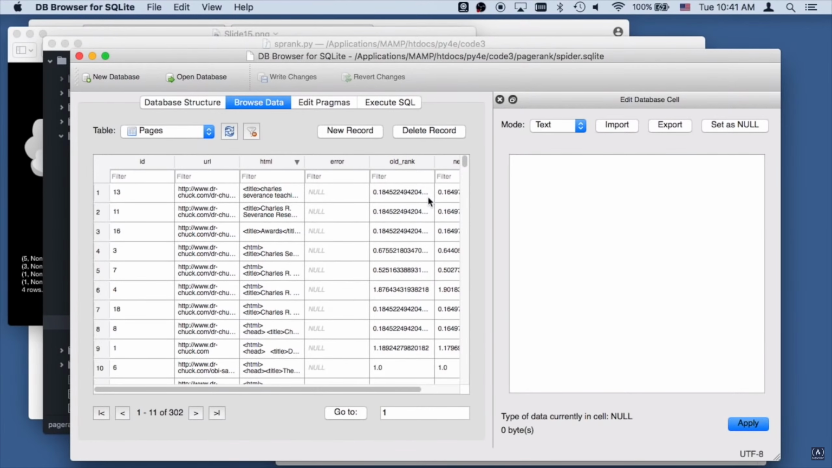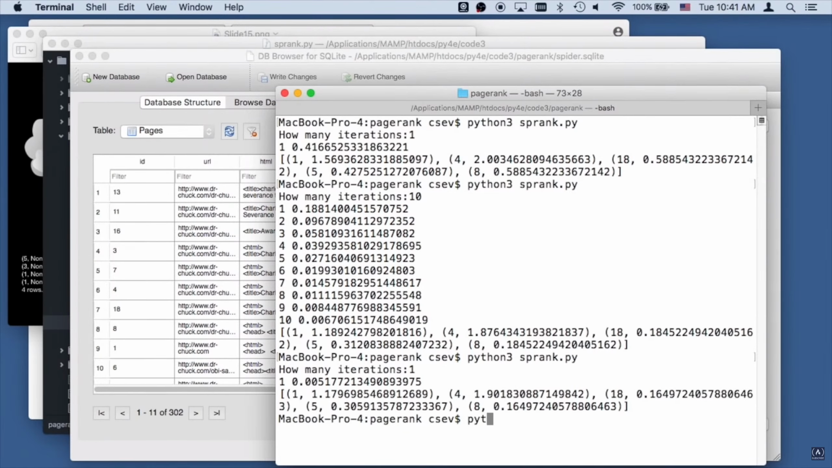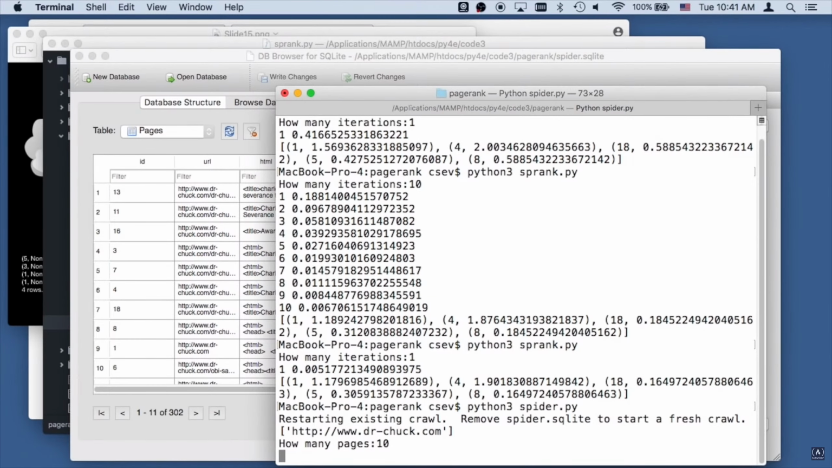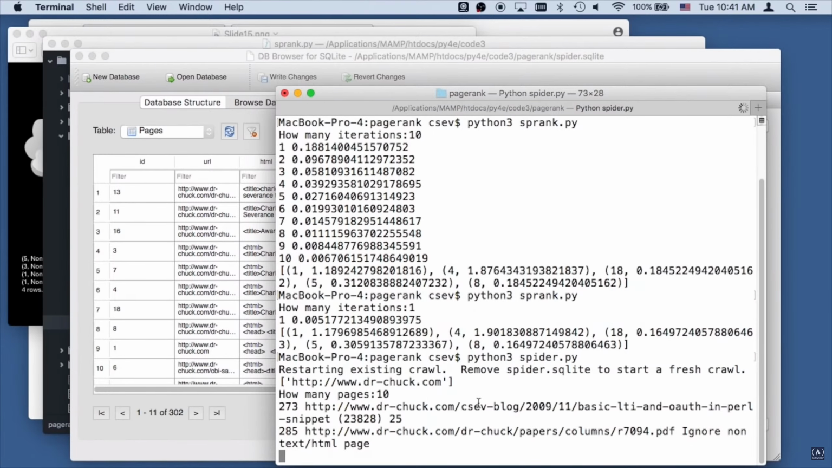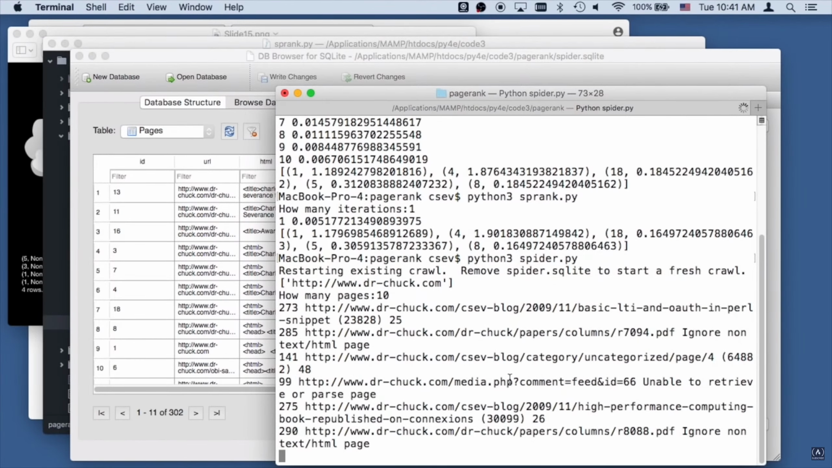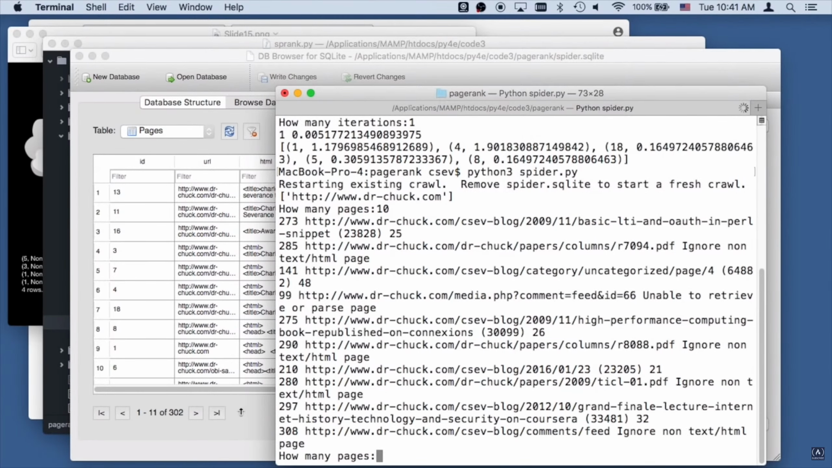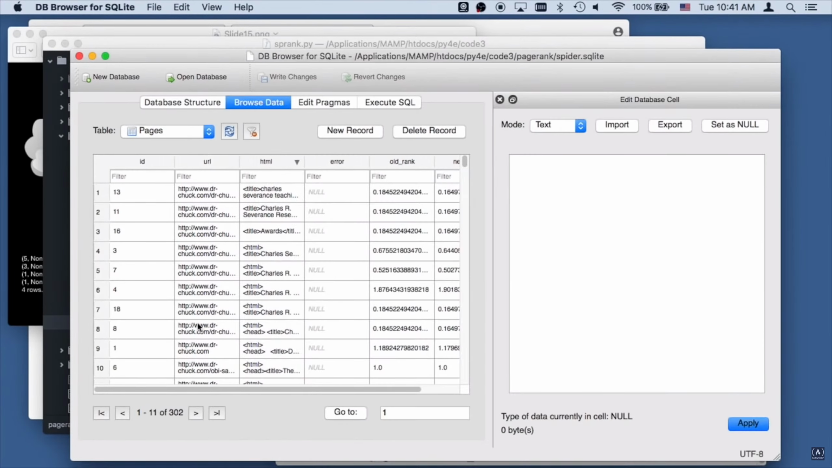Now, if we're going to pretend to be Google for a moment, we can say python3 spider.py. So let's just do 10 more pages. Now what's going to happen here is these new pages are going to have page ranks of 1. Okay? So let's get out. So if I do a refresh now and I look at new rank,